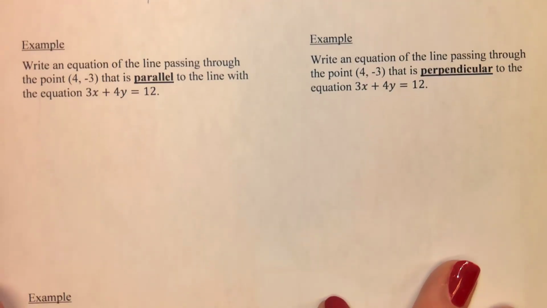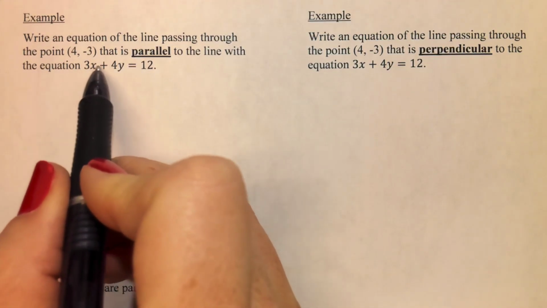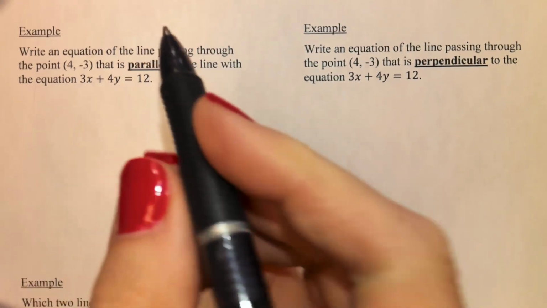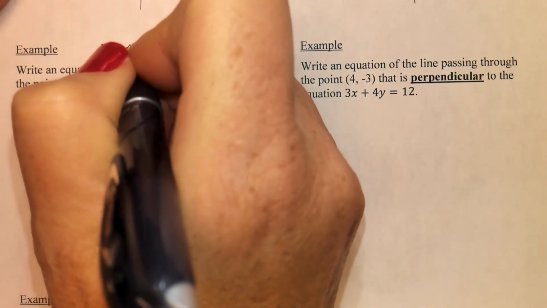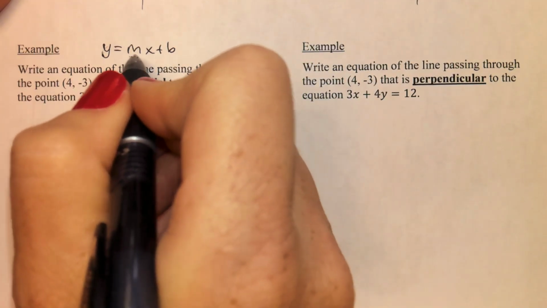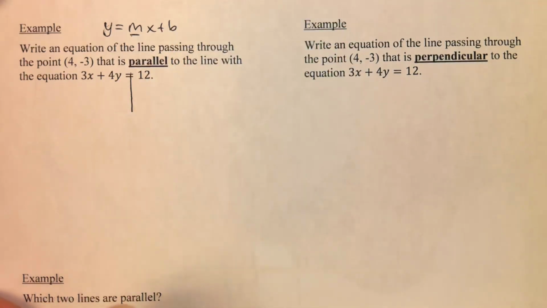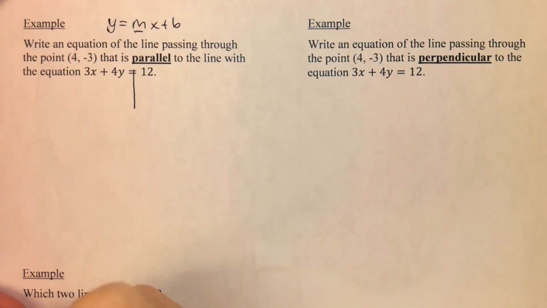Two more, just like that. We're going to do one parallel, one perpendicular. This time, though, the equation I gave you is a little more complicated than just y equals mx plus b. The only way for us to really figure out what the slope is is to have it in this form so that we can look at the number right in front of the x. So I first have to take this equation and solve it for y,